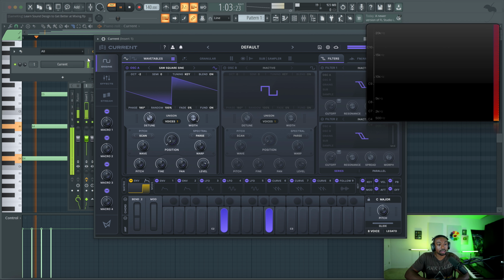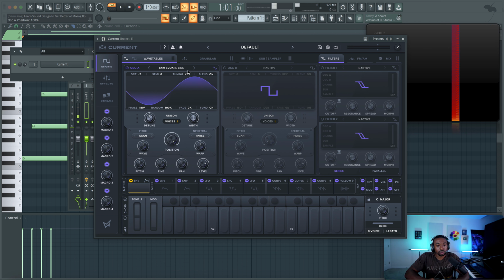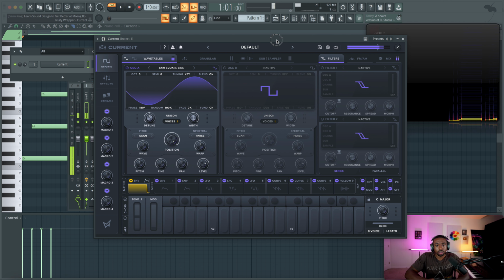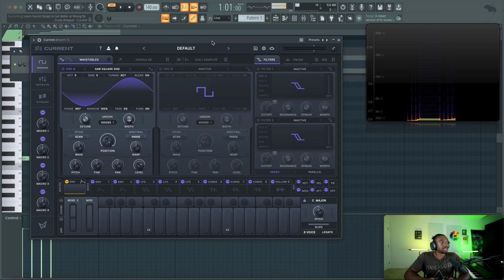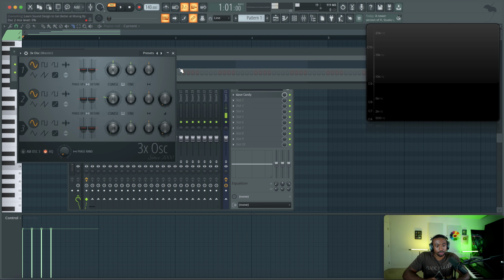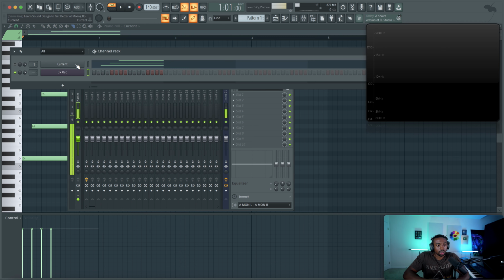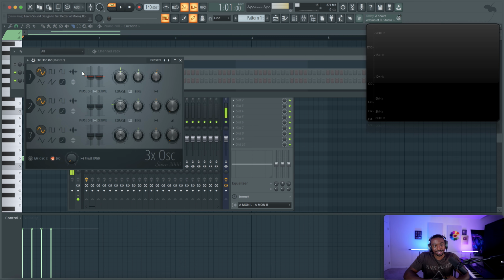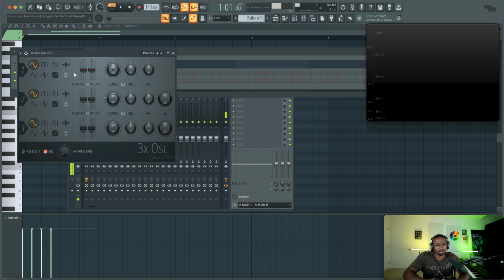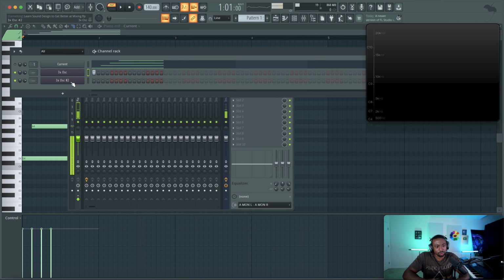Okay, so let's make this a sawtooth. Pull this back up. Now another understanding about sound is width. But what is width? So for example, if I have a 3x OSC, let's turn this down, and let's just add a tone here. We're going to clone the exact tone. Actually, let's pull it down an octave. It's too bright. Okay, so here's the sound.